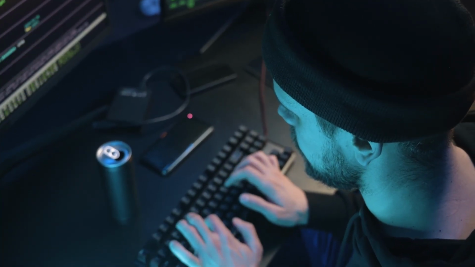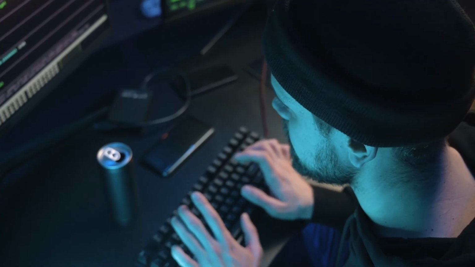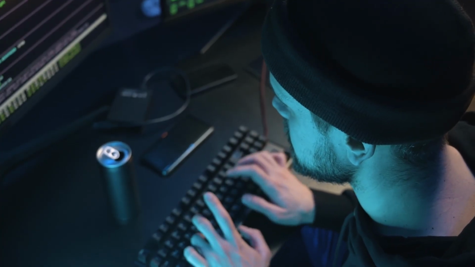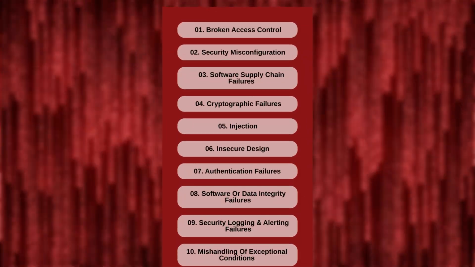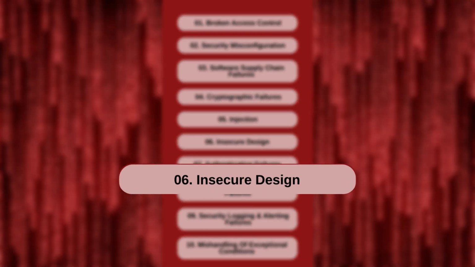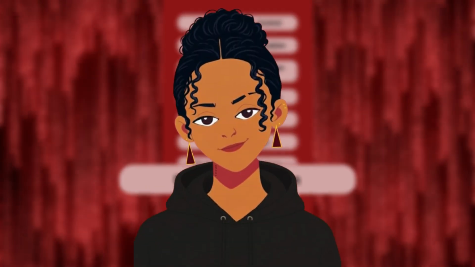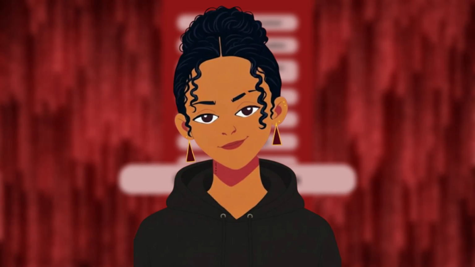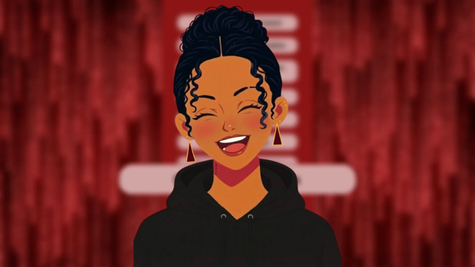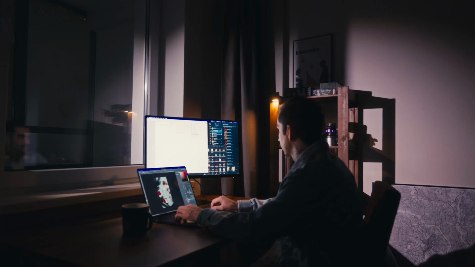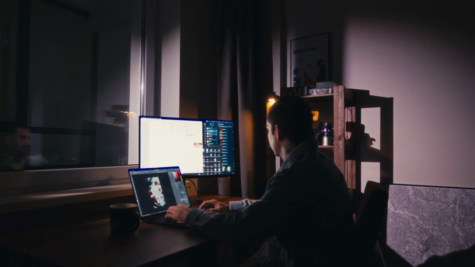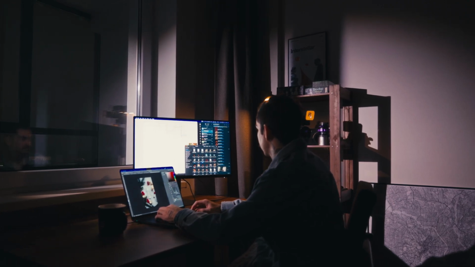It could also even be your URL. So heading over to position number 6 is insecure design. This is when security isn't implemented in the planning phases of your application from the start, literally from the jump. So having good security design planned out from the start